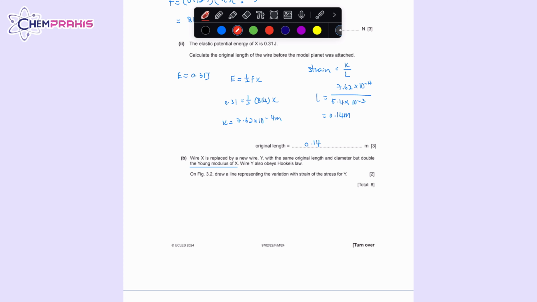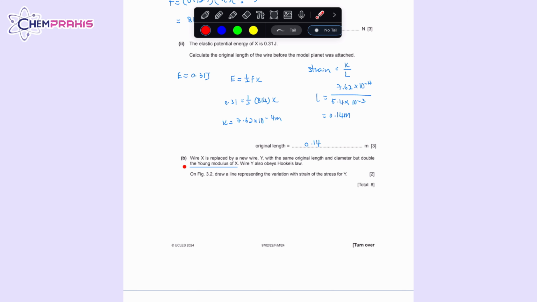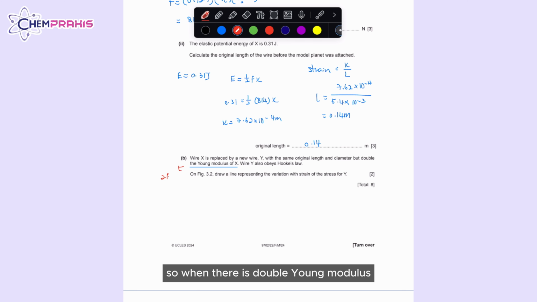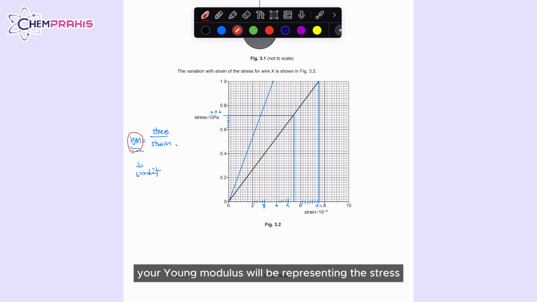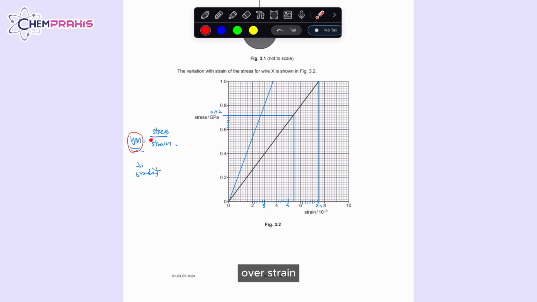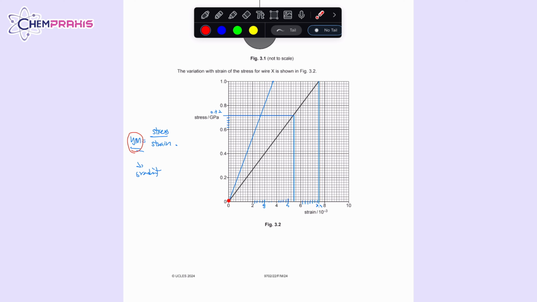Question B. Now, they will use wire X to replace wire Y with the same original length and diameter but double the Young modulus of X. So when there is double the Young modulus, if we are looking at the diagram here, the Young modulus represents the stress over strain. So the gradient represents the Young modulus. Since it is 2 times greater now, your gradient must be 2 times greater as well. So you need to use the value here, divide by 2, to get the point here,